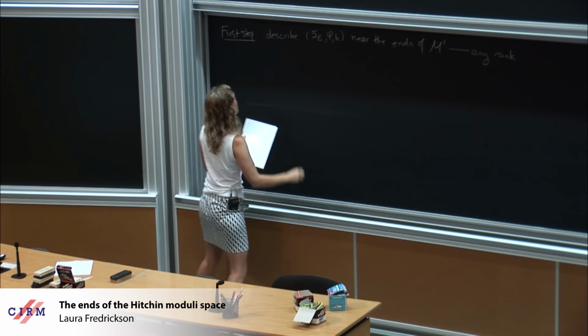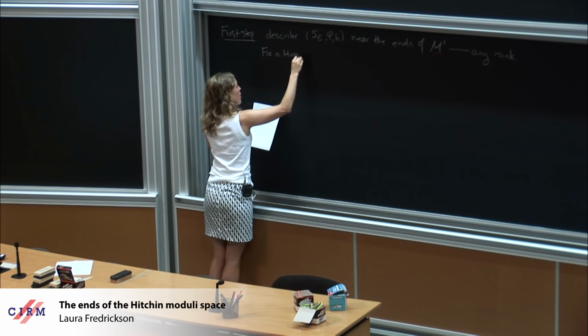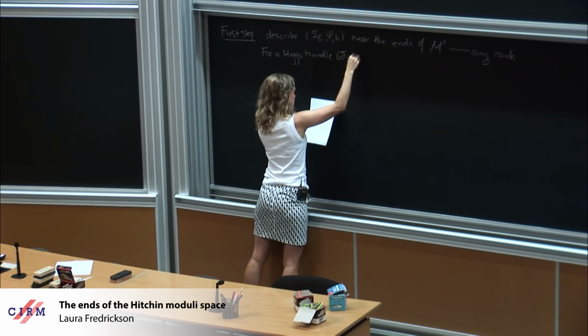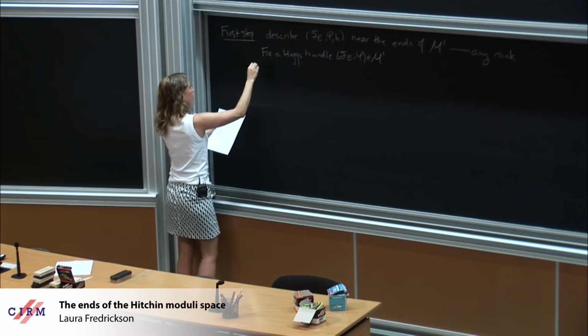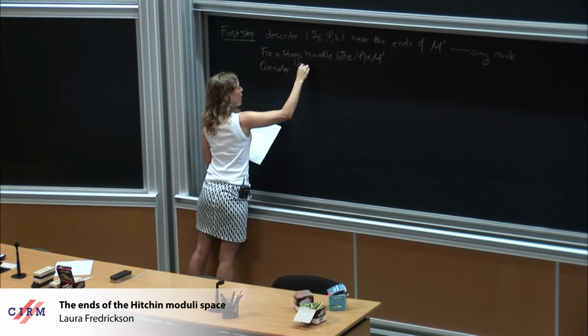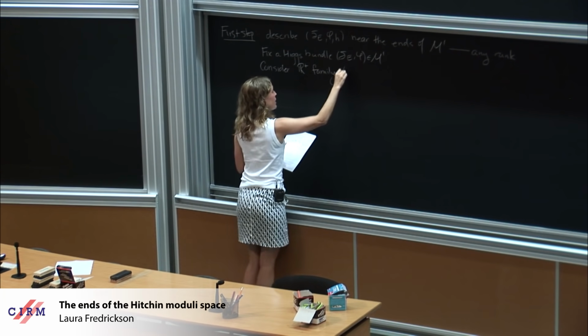So what we're going to do is fix a Higgs bundle in the regular locus, and we're just going to take the line. We're going to consider the R plus family parameterized by T,